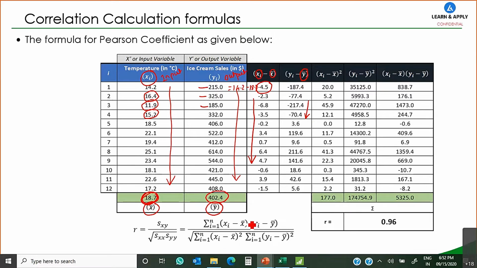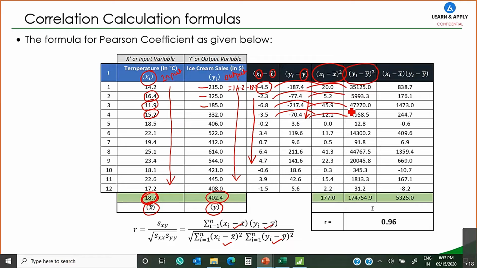Now, we have completed the numerator terms, xi minus x bar and yi minus y bar. In the denominator, there is a square root of (xi minus x bar) squared and (yi minus y bar) squared, right? So we can just square the first term. That will be (xi minus x bar) squared. This will be the square of this term, for all terms you are going to calculate. Then there will be yi minus y bar. So it will again be the square of these terms, (yi minus y bar) squared.